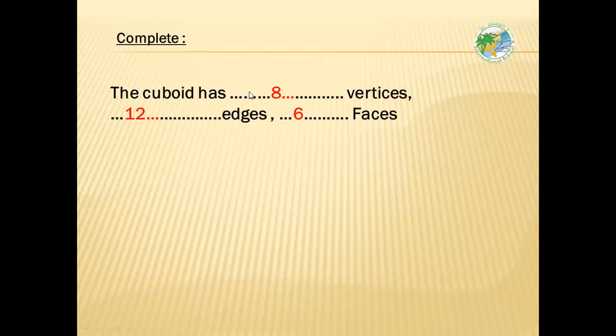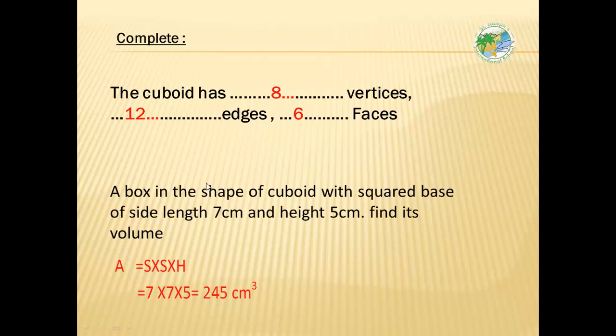The cuboid has 8 vertices, 12 edges, and 6 faces. A box in the shape of a cuboid with a square base of side length 7 centimeters and height 5 centimeters. Find its volume. Since the base is a square, we don't have separate length and width, but we have side times side,